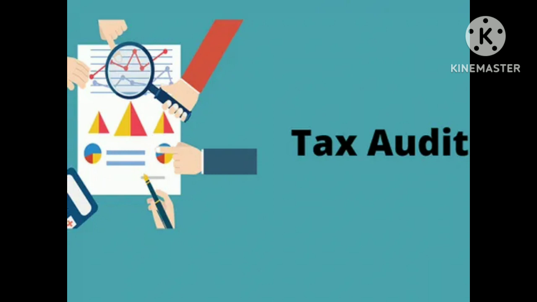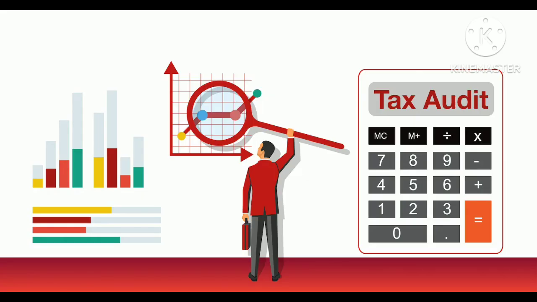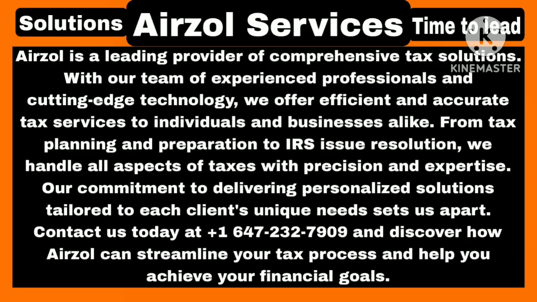4. Penalties and interest. If the CRA discovers that you have underreported income or claimed ineligible deductions, they may assess penalties and interest on the additional tax owed. The amount of the penalty can vary and may be based on factors such as the severity of the non-compliance and the taxpayer's history of non-compliance. 5. Appealing the audit results. If you disagree with the results of a tax audit, you have the right to appeal the decision. The appeal process involves submitting a notice of objection to the CRA, outlining the reasons for your disagreement and providing supporting documentation. In certain cases, you may need to escalate your appeal to the Tax Court of Canada or other